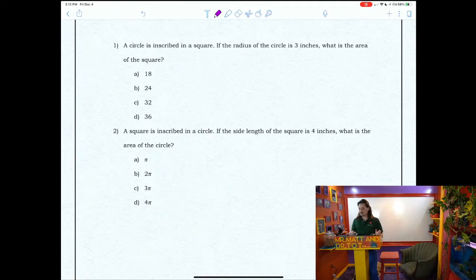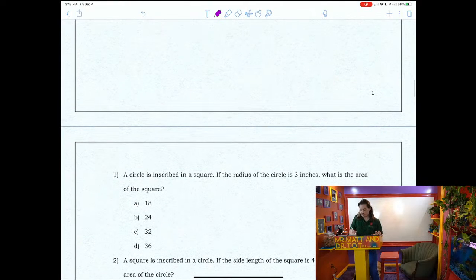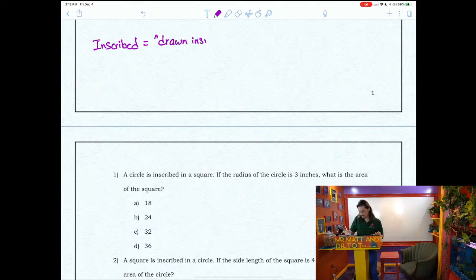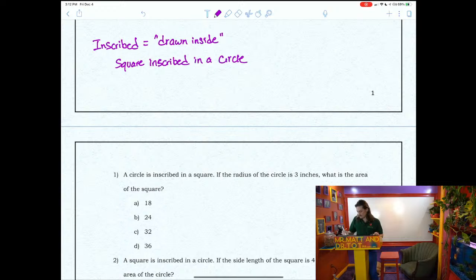So just some preliminary definitions here. Inscribed has a very specific meaning in math. So it does mean, of course, drawn inside of. But it also means that the inside shape is tangent to the outside shape, and tangency means that it touches at exactly one point. So for example, if we're talking about a square inscribed in a circle versus a circle inscribed in a square,